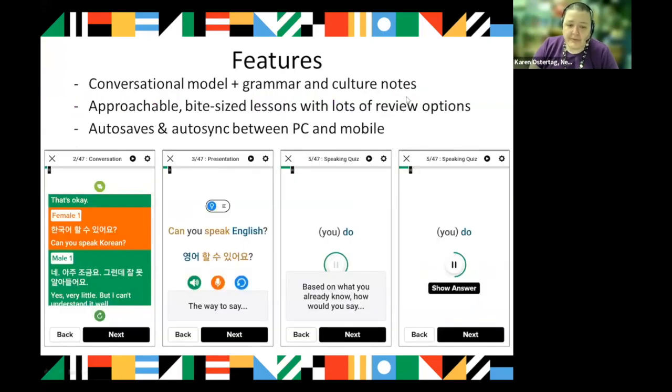So Mango uses a conversational model and intersperses grammar and culture notes with the breakdown of the conversation. So it will start, as in this slide on the left, with a brief conversation, usually between 2 speakers, and you'll hear the conversation at speed, and it will give you both the language that they're speaking in and an English translation of what they're saying. Then, as you go into the lesson, it will break down that conversation into sentences, into words, and repeat sections,